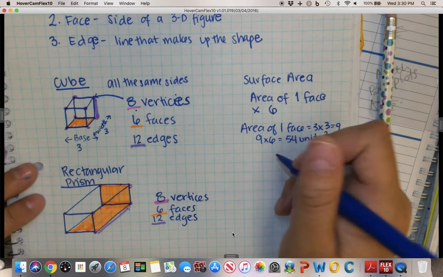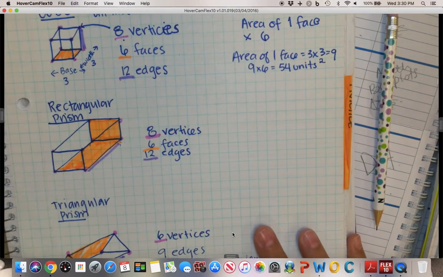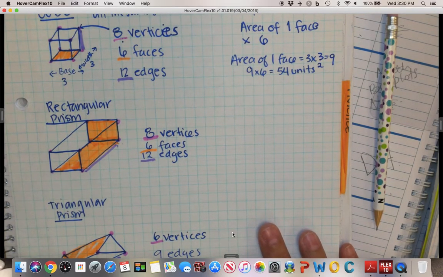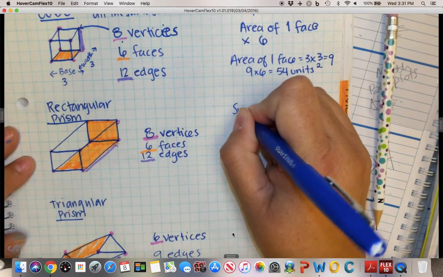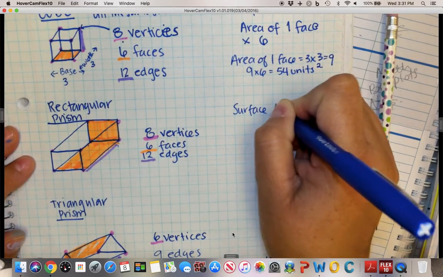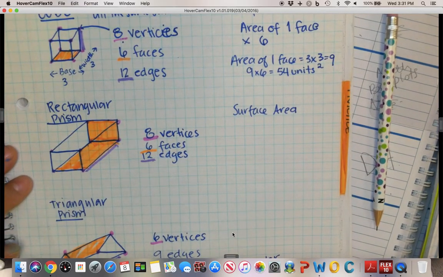I'm not going to do volume, just surface area. Sorry, we'll come back to volume. You should know volume though, because we've talked about it already. Okay, so the surface area for a rectangular prism is going to be